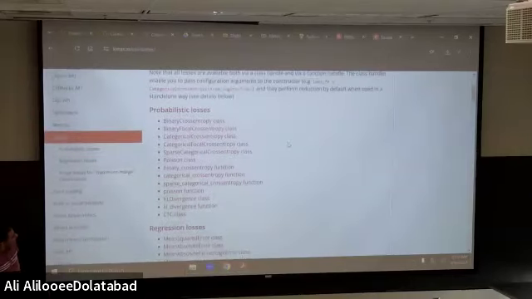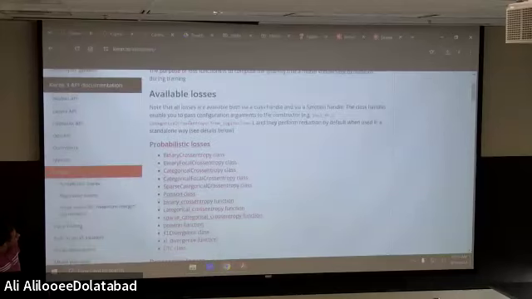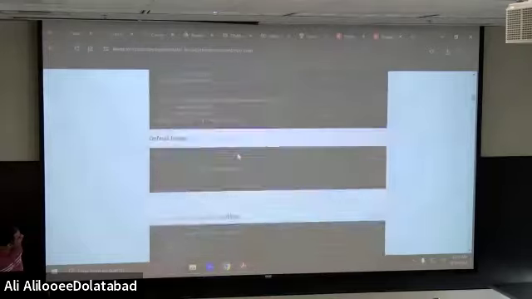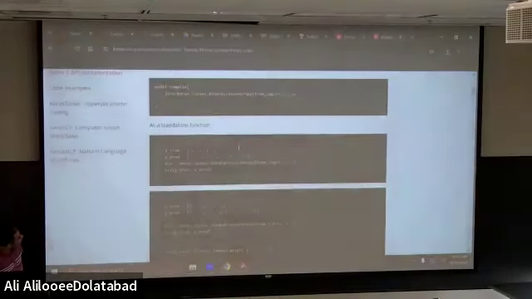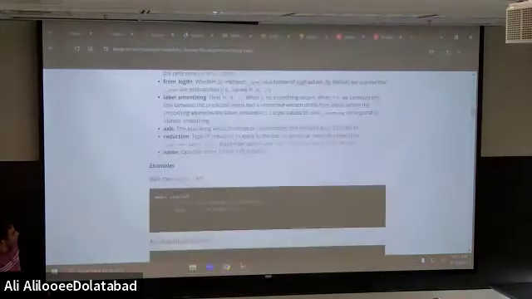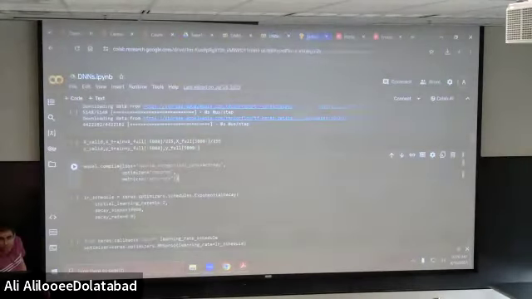Available losses, let's see. We are using this loss here, cross entropy, but there are many other losses. For example, binary cross entropy. If you click on these, they give everything that you need, with examples. That's very, very helpful, I think, especially when you are doing homework. I strongly suggest you change and train one more time. That's very helpful to give you the idea of what you are doing.